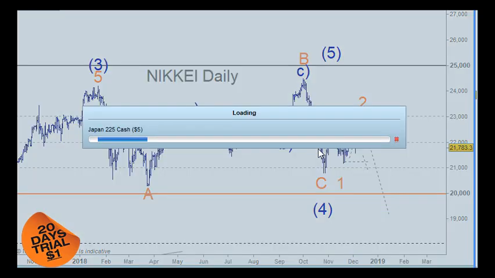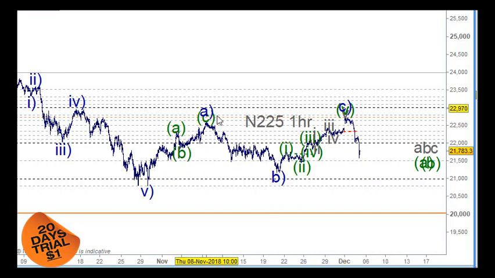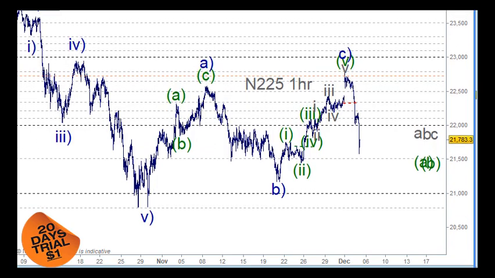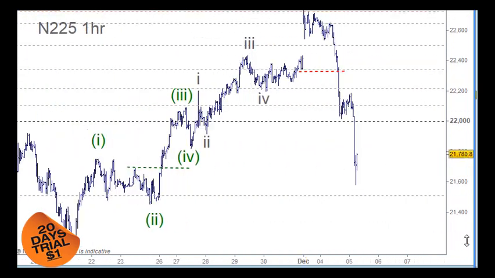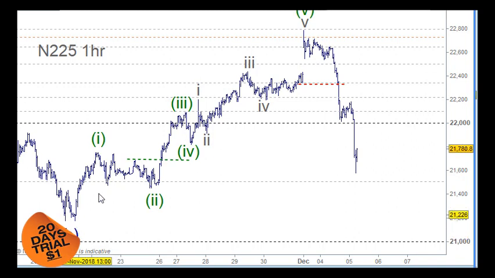But on the hourly chart here, we've done our job. We're looking at this as an A wave and a B wave and a C wave moving up here. And yeah, we've counted it reasonably well. There's wave 1 and 2 here. Went to go long in this space into the wave 3 and 4 here. And then the extension's been in wave 5 here in terms of 1 and 2 and 3 and 4, and wave 5 also not finishing off very well on the gap here, but certainly sold off here as well. So there's no point in shorting this here because it can drop further, but you'll only get trapped here.